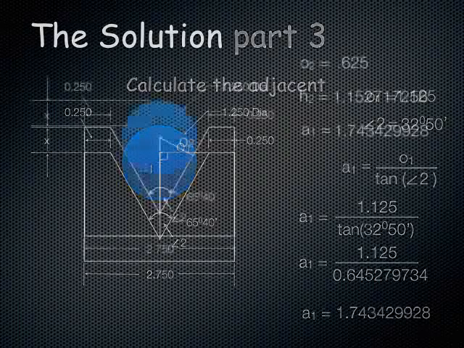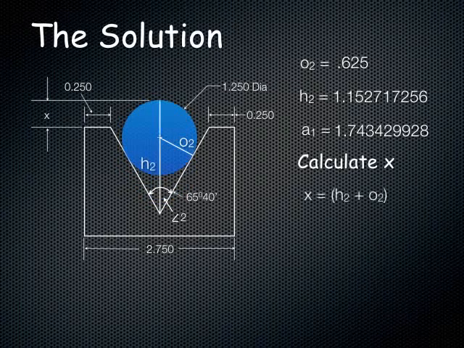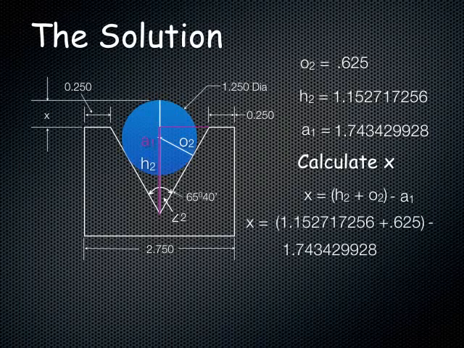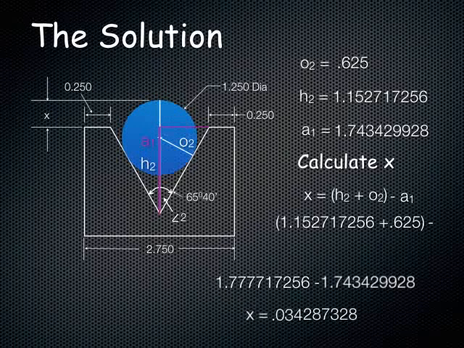Now I think we have all the information we need to solve the problem. So let's calculate x. So x will be h2 plus o2, the radius, and then we subtract a1. Now when we plug in our numbers, subtract o2 from h2, subtract a1 from that, and our result is 0.03428